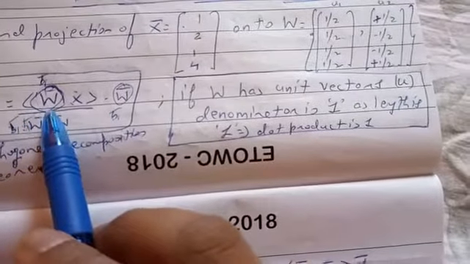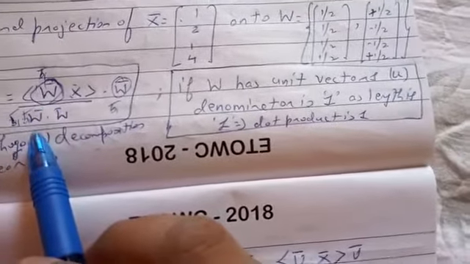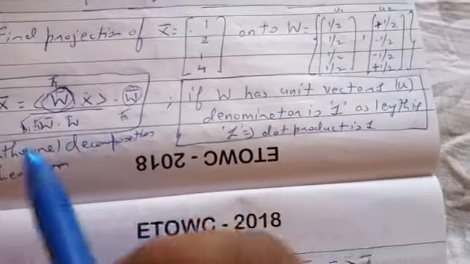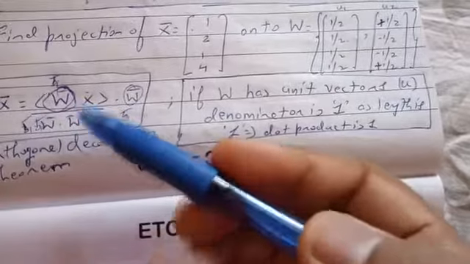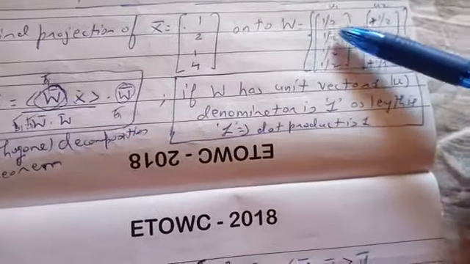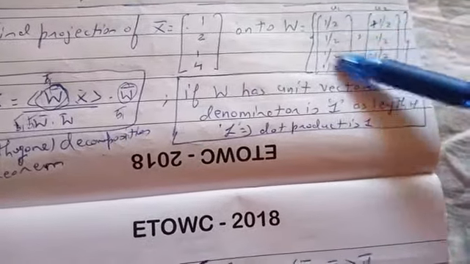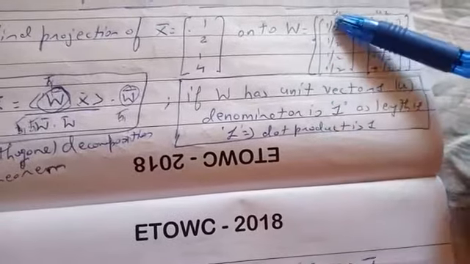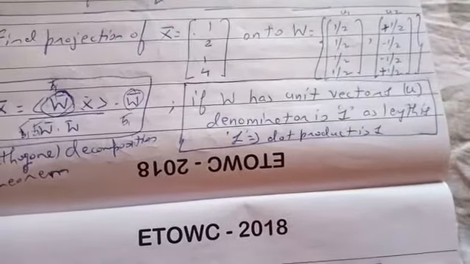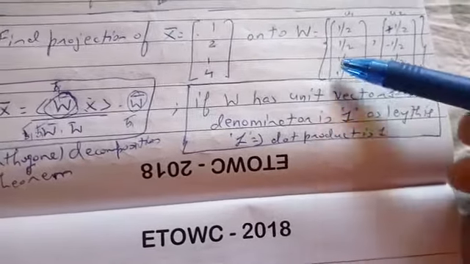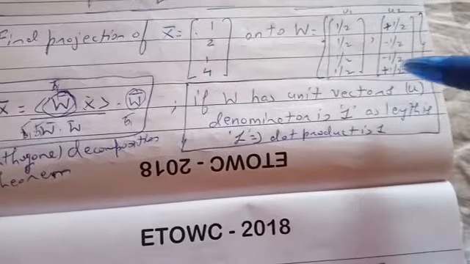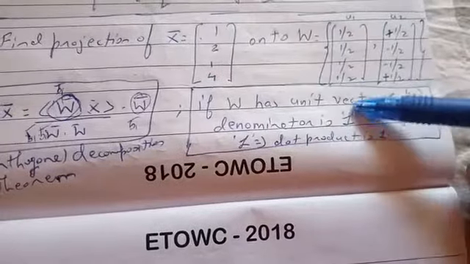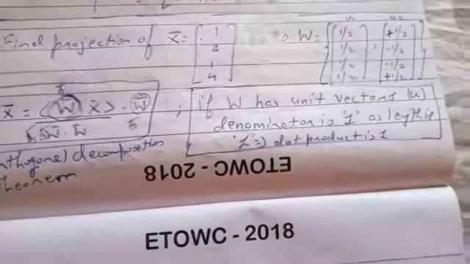Now, if the bases which are given to us are unit vectors, then their dot product just turns out to be 1, therefore this denominator is just 1. If you look at these bases, they are in the form of unit vectors. So that is the twist in this problem. This basis and this basis are unit vectors. That means once I find the dot product of this vector with itself, it's just going to be 1. If I find the dot product of this basis with itself, it's just going to be 1.